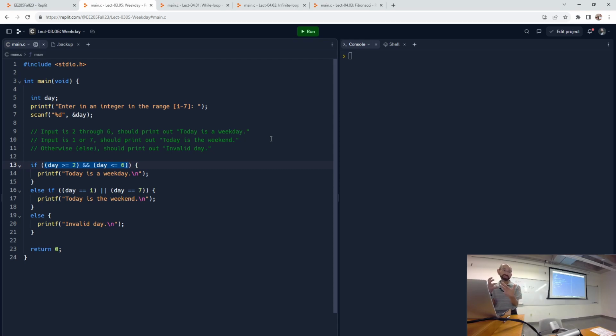So both things have to be true for it to be in the range 2 through 6. It has to be both greater than or equal to 2 and less than or equal to 6. You could have done less than 7, because we know it's an integer value. You'll get the same result back out. But logically, this is a really great way to do it. And then this else if,